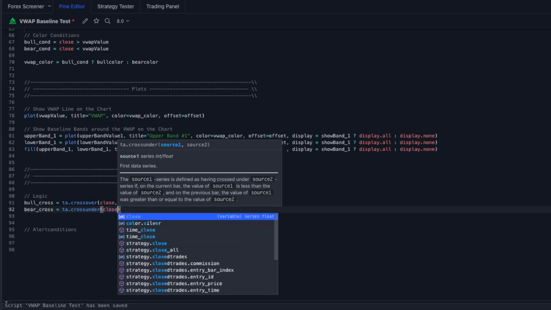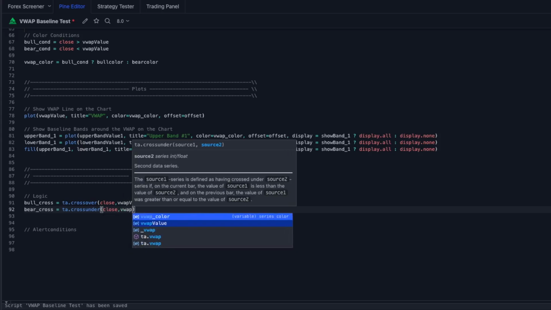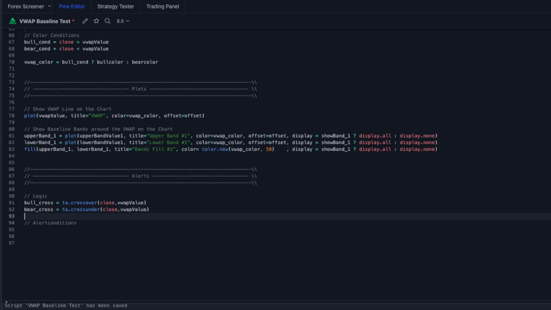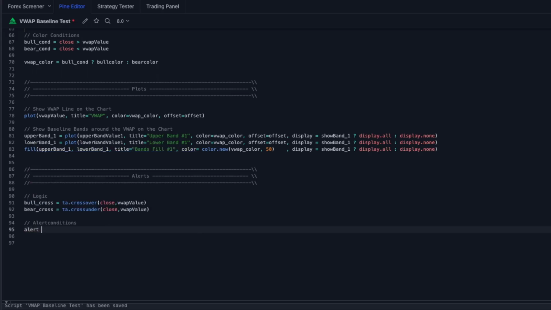So now we are going to write close, separated by a comma. But here it also tells you the ta.cross under. The source 1 series is defined as having crossed under source 2, and source 2 would here be the VWAP value again. So now we defined the logic of our alert system, and all we now have to do is to create an alert